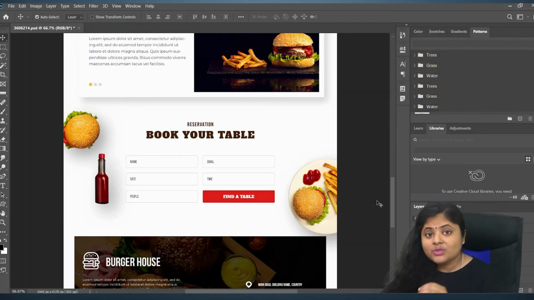Hope you understand what is web designing in Photoshop. Let me quickly start HTML in the next session. Okay, don't forget to complete your task. Today's task is to create a website using Photoshop. It will take time. Please don't hurry. Do it very simply. You start with a simple website.